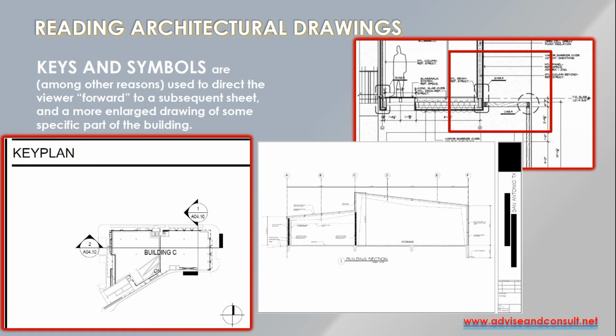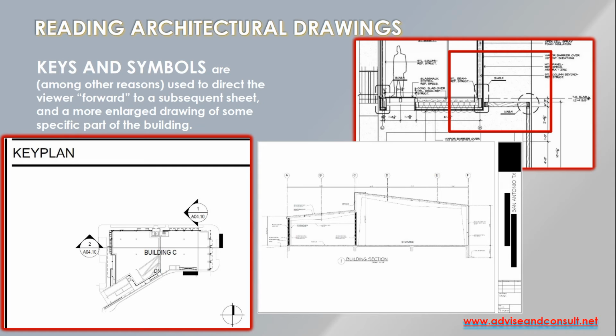Let me actually go back here. So you remember here on the bottom left, section cuts identify where a building section is cut. So in this drawing, you start at the large scale of the whole building, and you identify 2 section cuts. So here's section 1 and section 2 on sheet A04.10, and you get to go find that sheet if you want to see the section. So here's a section of... they're not the same building. I couldn't find a